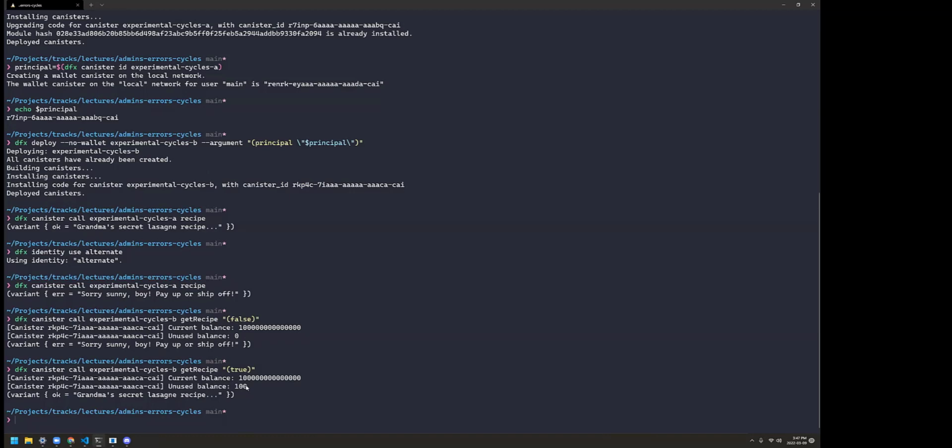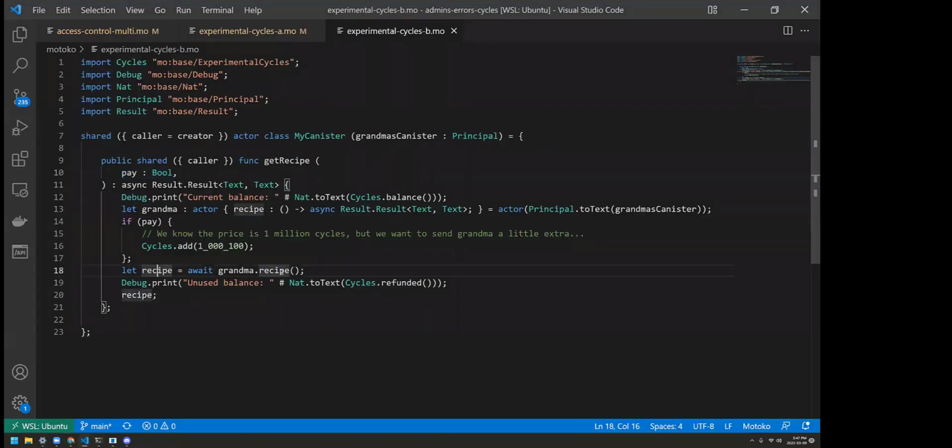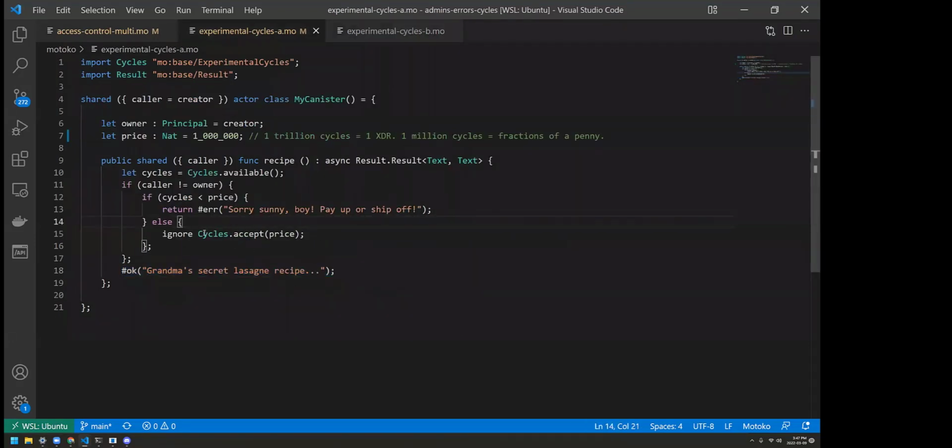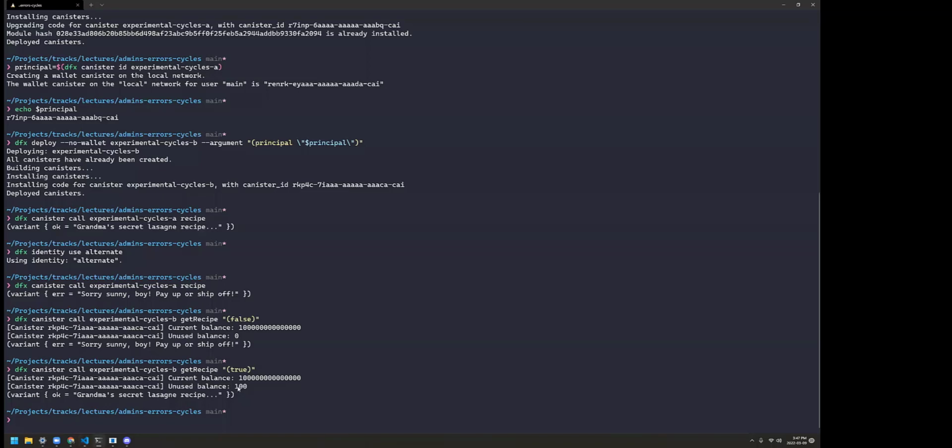So when we added the cycles here, we added an excess of 100. Then when we accepted the cycles over here, we accepted the price of 1 million, and so 100 were left over. Those are returned back to the caller, and now we can see that we have gotten Grandma's recipe back,